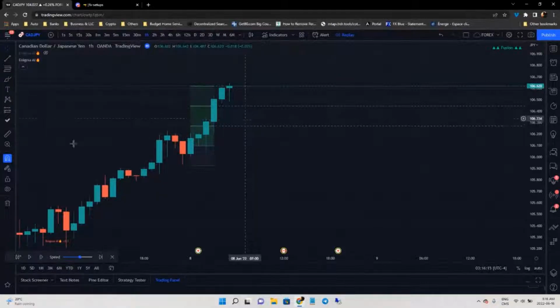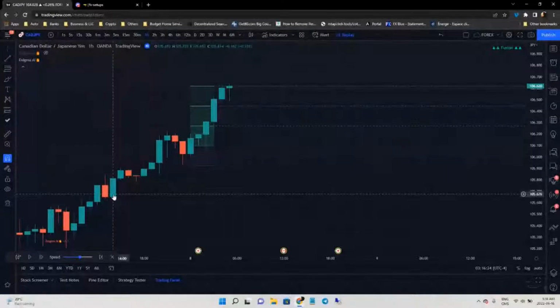Okay, so first you have to look at the trend. So write it down. It's really a cheat sheet that you have to have here. So first you want to know what the trend in the market is, and what day you're trading on based on the market. So usually the Canadian dollar is moving between Tuesday and Wednesday, and most of the currencies are doing the same.